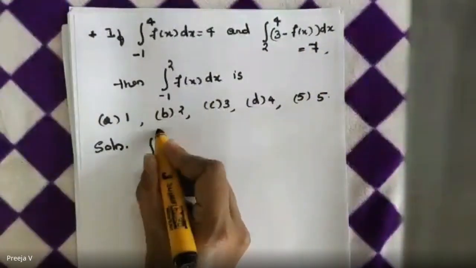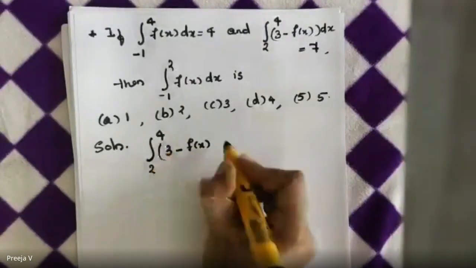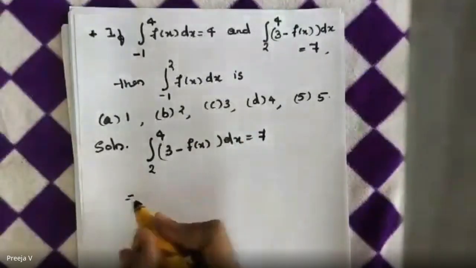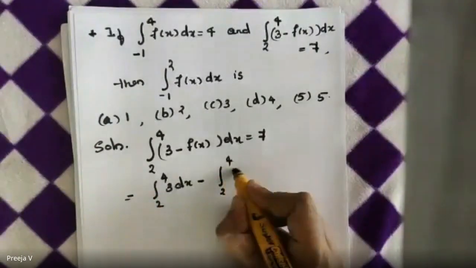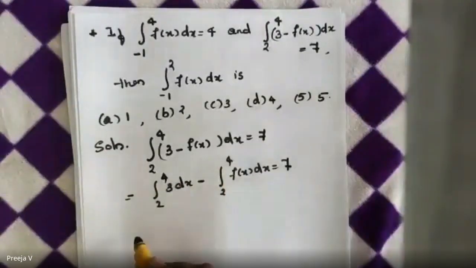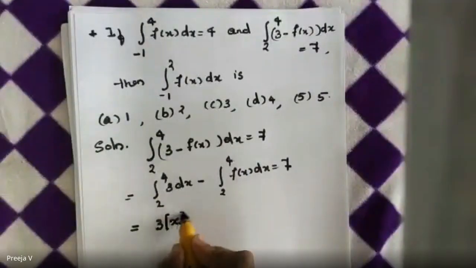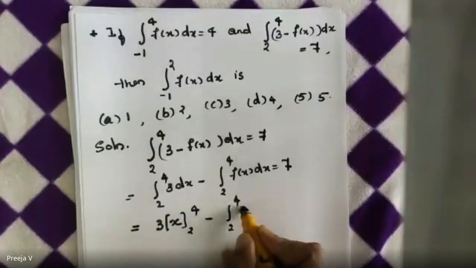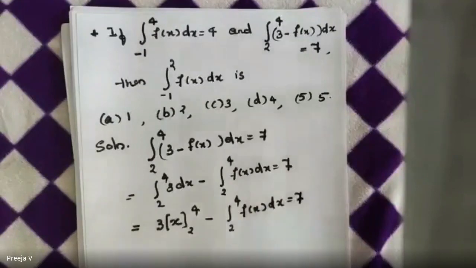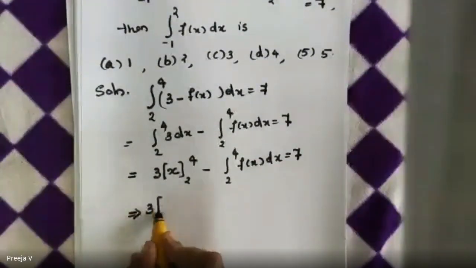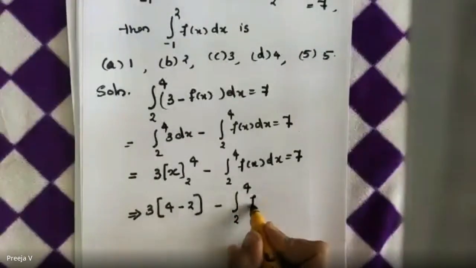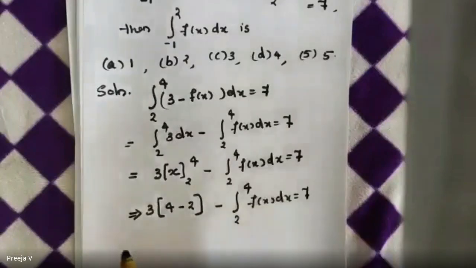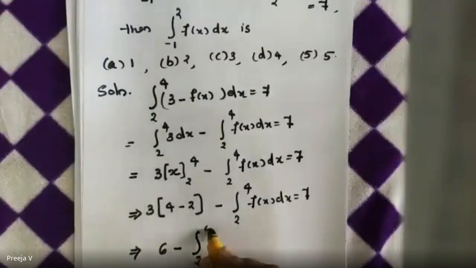ഓക്കെ, integral 2 to 4 3 minus f of x dx equal to 7 എന്ന് തന്നിട്ടുണ്ട്. ഓക്കെ, അപ്പം നമുക്ക് ഇന്റഗ്രലിനെ സ്പ്ലിറ്റ് ചെയ്യാം അല്ലേ. ആദ്യം integral 2 to 4 3 dx minus integral 2 to 4 f of x dx. Okay, integral രണ്ടായിട്ട് സ്പ്ലിറ്റ് ചെയ്തു. 3 is constant and integral dx is x between the limit 2 to 4 minus integral, നമുക്കിവിടെ ഫംഗ്ഷൻ അറിയില്ല, സോ integral 2 to 4 f of x dx എന്നുള്ളത് ഞാൻ അങ്ങനെ തന്നെ ഇട്ടു, equal to 7. That is 3 into, നമുക്ക് അപ്പർ ലിമിറ്റ് സബ്സ്റ്റിറ്റ്യൂട്ട് ചെയ്യുമ്പോൾ 4 minus lower limit 2 substitute ചെയ്യുമ്പോൾ 2 minus integral 2 to 4 f of x dx equal to 7. That is 4 minus 2 is 2 into 3 is 6 minus integral from 2 to 4 f of x